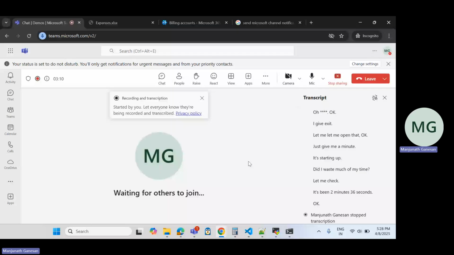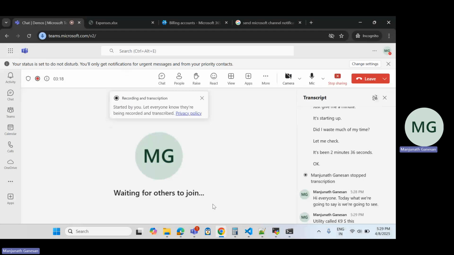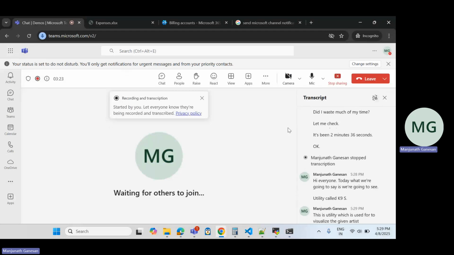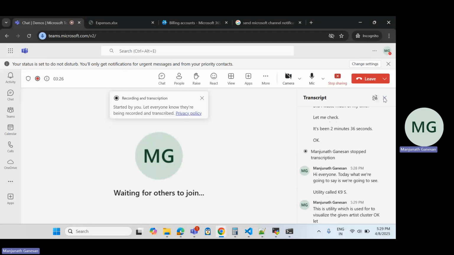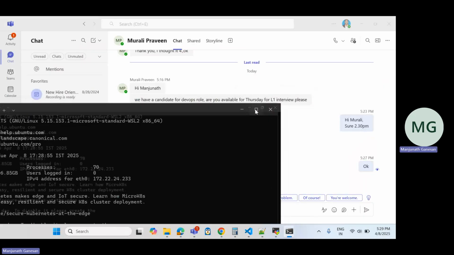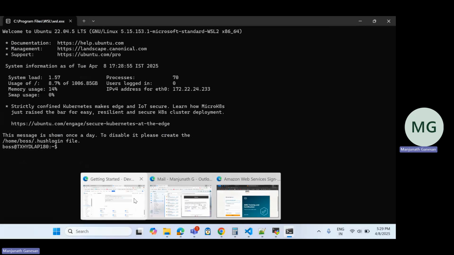Hi everyone. Today we are going to see a utility called K9s. This is a utility which is used to visualize the Kubernetes cluster. Okay, let's see this Kubernetes cluster. Before that, in order to install K9s, what you have to do is you can go to